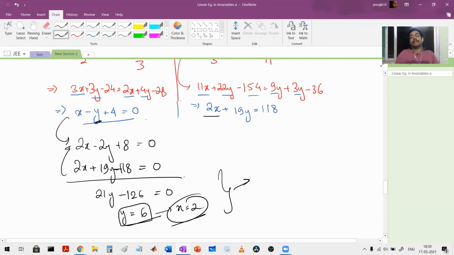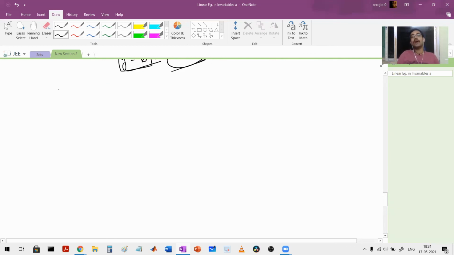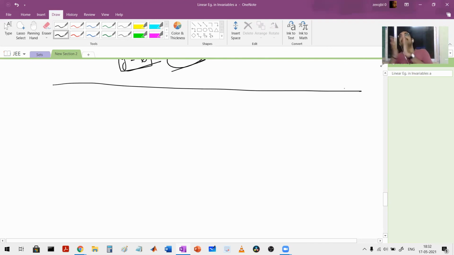Is this clear to everybody? There is one last method. Okay, there is one last method, and it is also a generalized method. So these three methods will actually complete the entire chapter, but there are a few branches of this chapter as well. Are you getting my point? What do I mean by few branches of chapter?